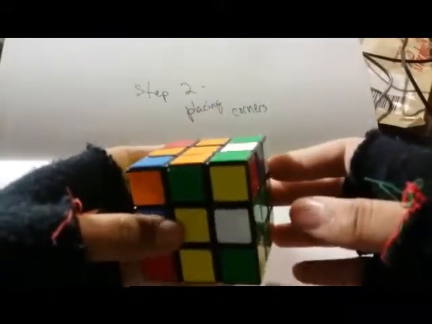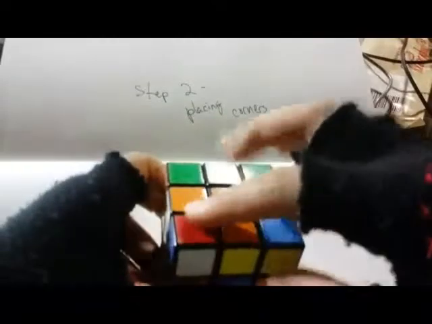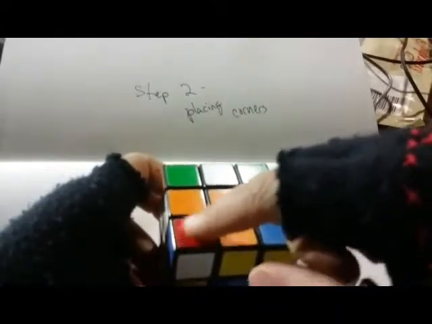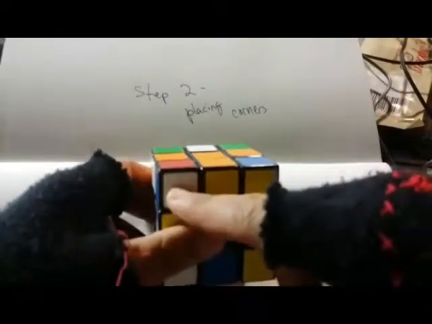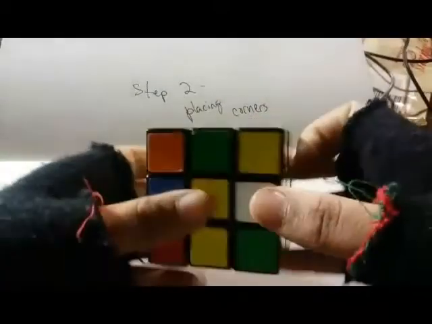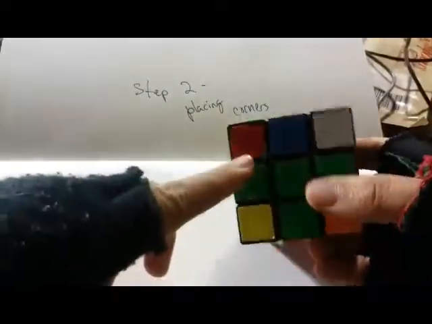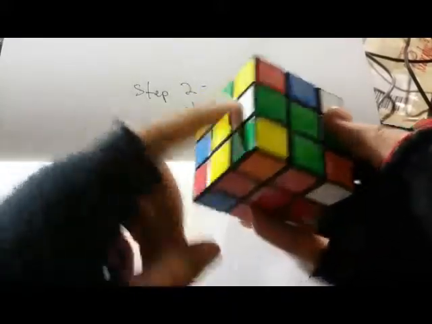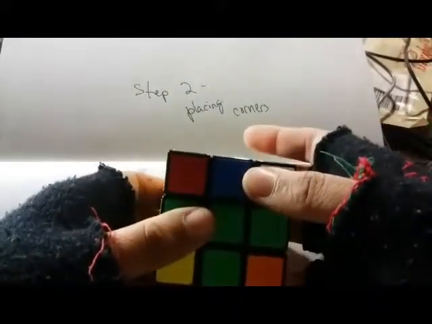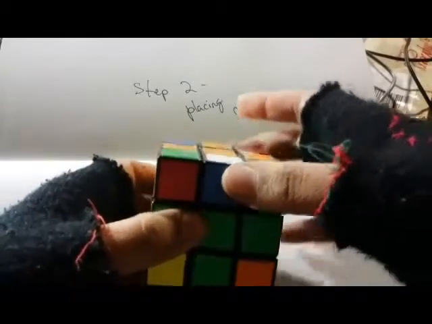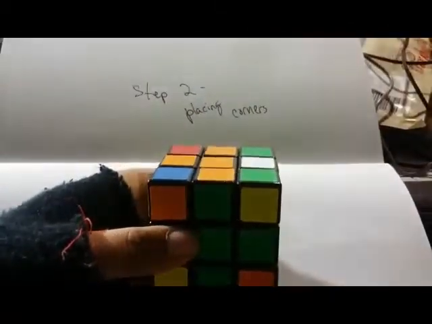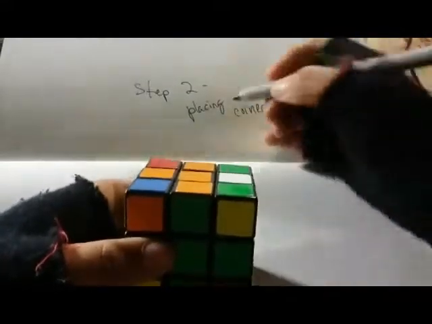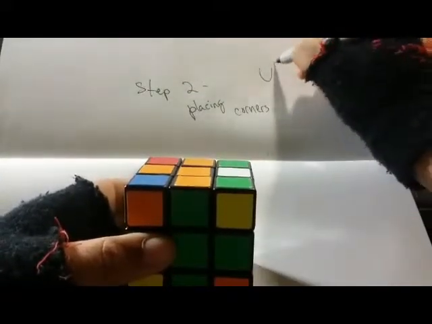But we're going to start with a simpler piece, because you actually want this red part of the piece on one of the sides. And I'll show you why. You have a red piece on this side. What you're going to do is line it up, and then you're going to do U prime, work down, U prime,